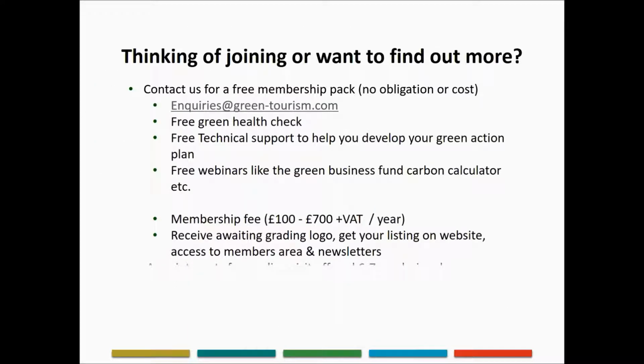Okay, that's enough about green tourism. If you want to find out more about the program, you can get a free health check. So we do a green health check. We're offering that as a free service. So just send an inquiry through to greentourism.com, and we'll help you through the process, talk you through what